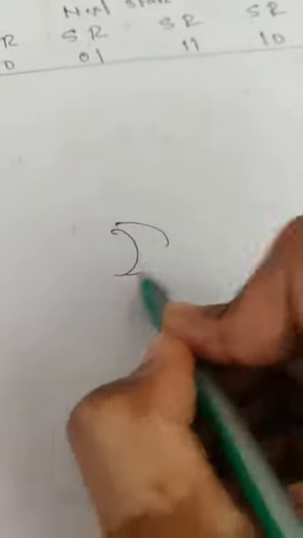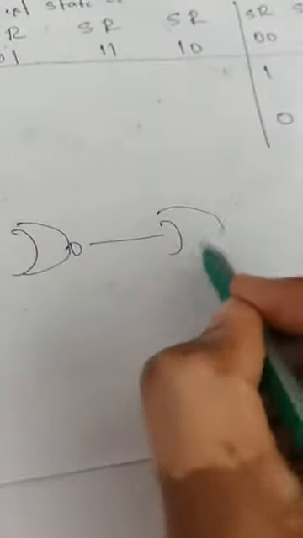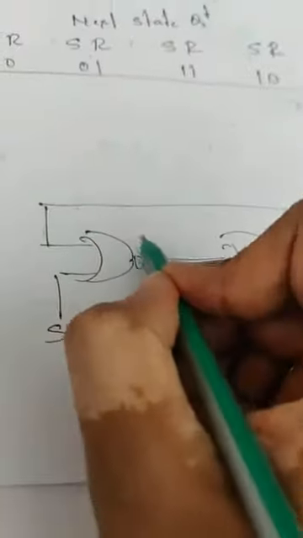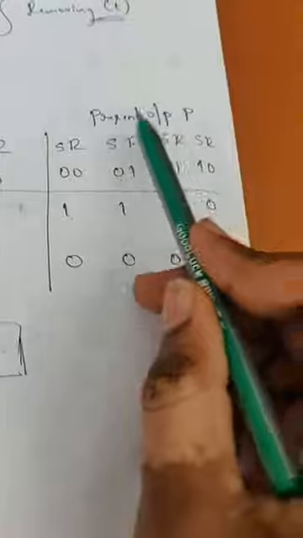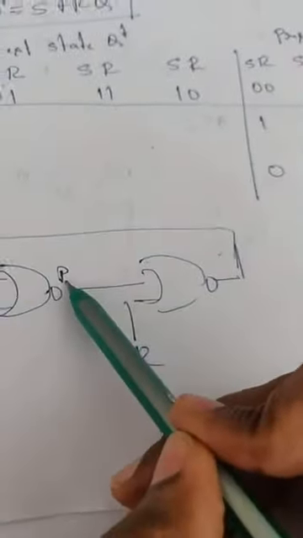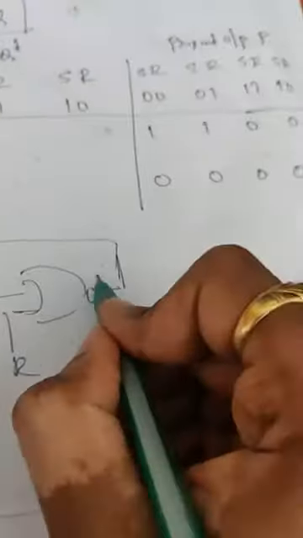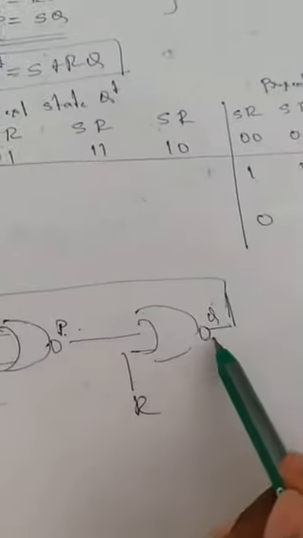So I will write the circuit diagram here. You need to concentrate properly here. I can't write the same circuit diagram again and again, I will be overlapping the things, so don't get confused. This table's present output P points to here. This Q next state, Q plus, will be pointing towards here. Okay.